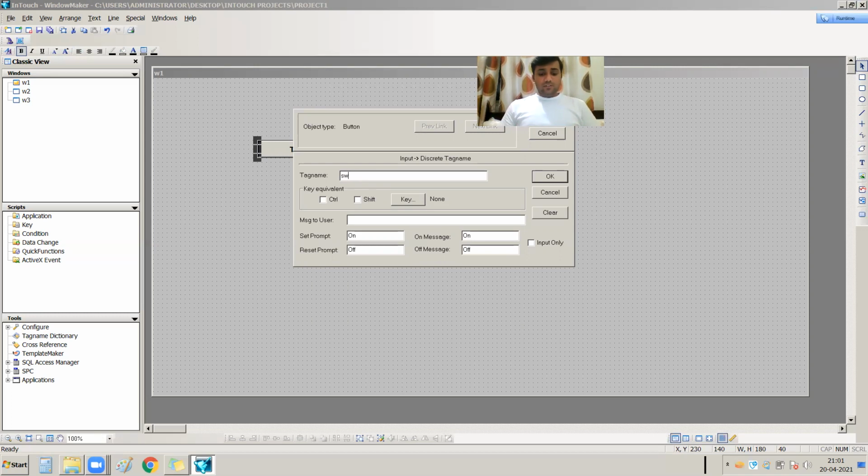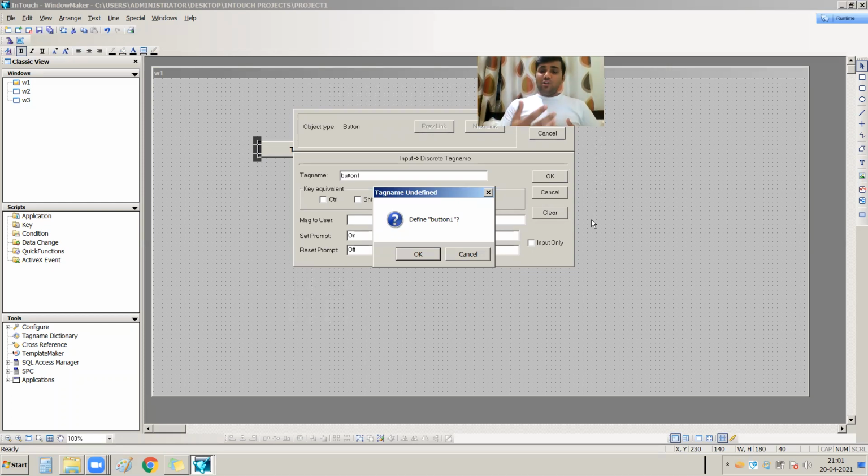For example, button one is the tag. When I press OK, it will ask for defining button one. That means the software is asking me to define button one as a tag. So I just press OK. You can see the tag name is undefined.